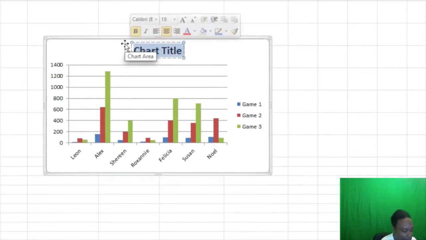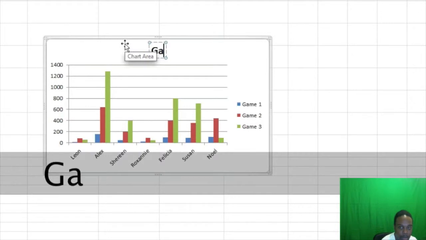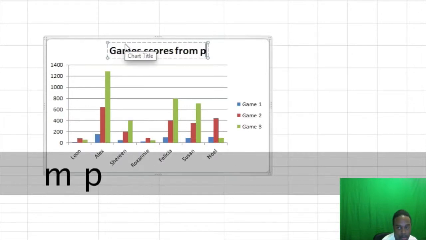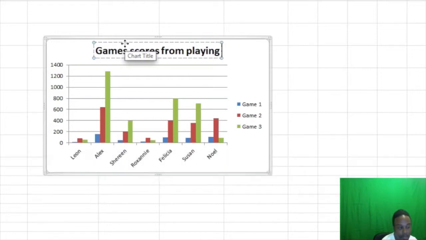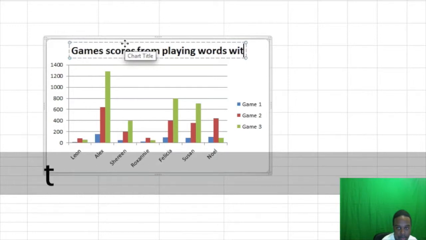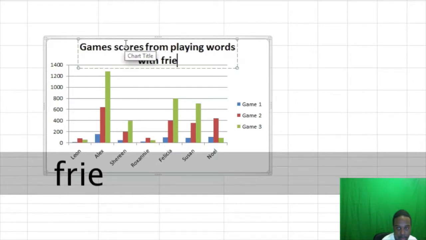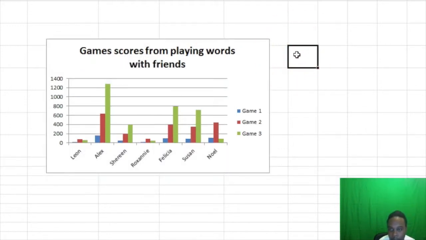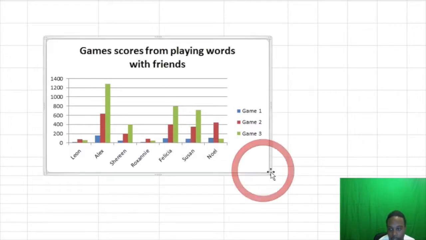So let's say game scores from playing Words with Friends. Can't think of any other name, so that. Right, so that reformats my chart and pushes the information down. I can then expand this,